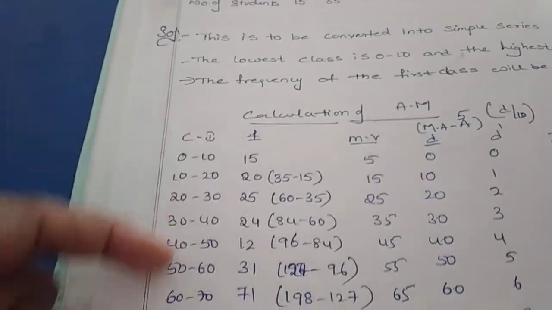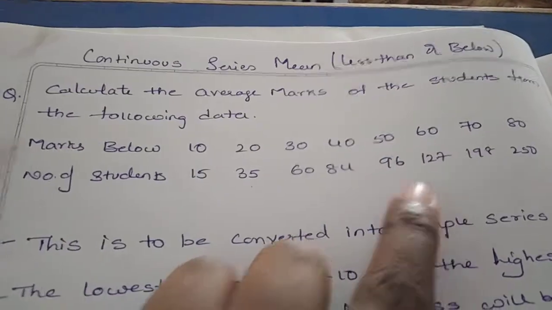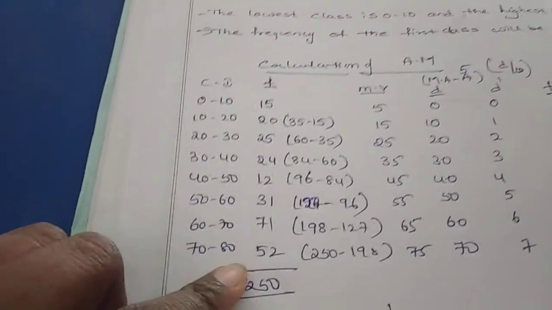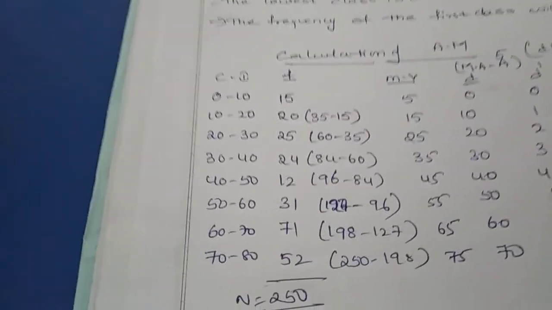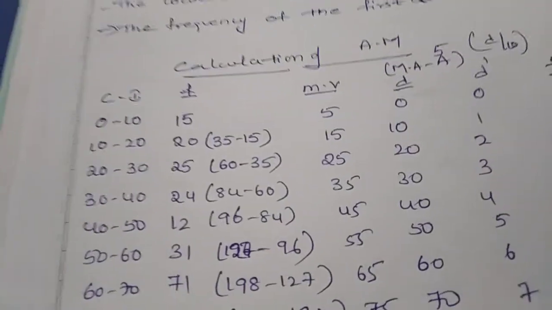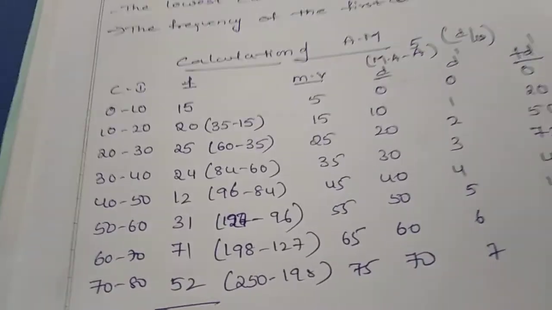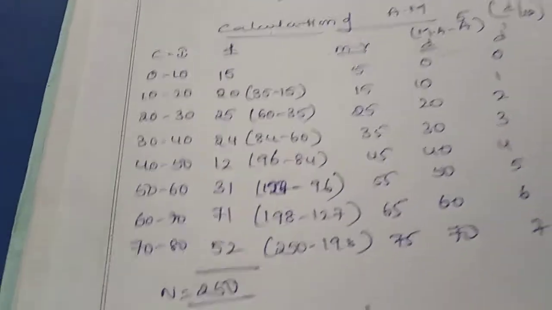So this is a normal continuous series, and for this, what is the difference? Here, we have taken the class intervals and the number of students which he has given, and we have changed that to the frequency. Okay, we have changed the frequency. Remaining everything is the same: the mid value, D dash, F D dash, and the formula application, everything is the same.